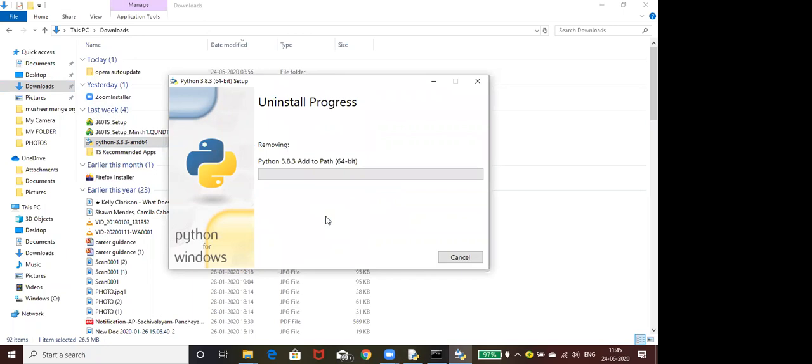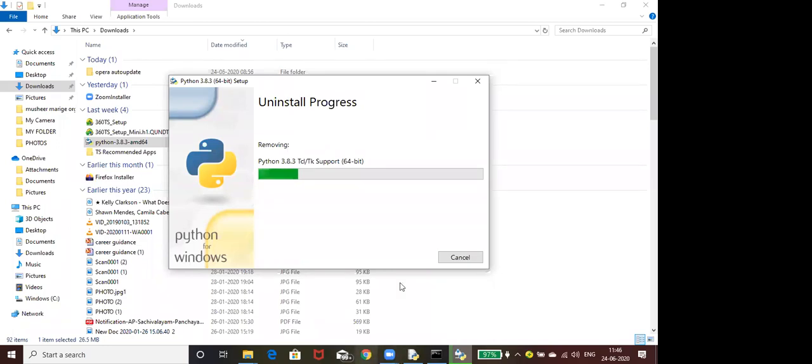So, ma'am, try to download 3.7 version. 3.8 is not that much recommended because it is not yet completely stable. Now download the 3.7 version, ma'am, from the python.org link.